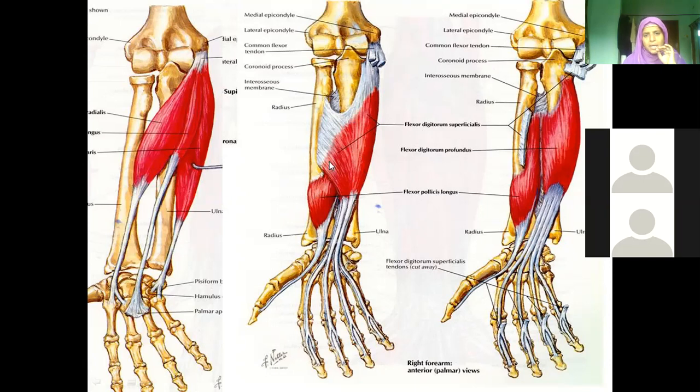Cut this also and remove it. This also you remove. Below this, what do you find? Flexor pollicis longus. Okay, after removing this also, you will see one brisk band muscle over here. What is that? Quadratus. Yes, very good. Pronator quadratus. These are the three strata I said. This is the first one, this is the middle one, this is the lowest one. 1, 2 and 3. Okay.